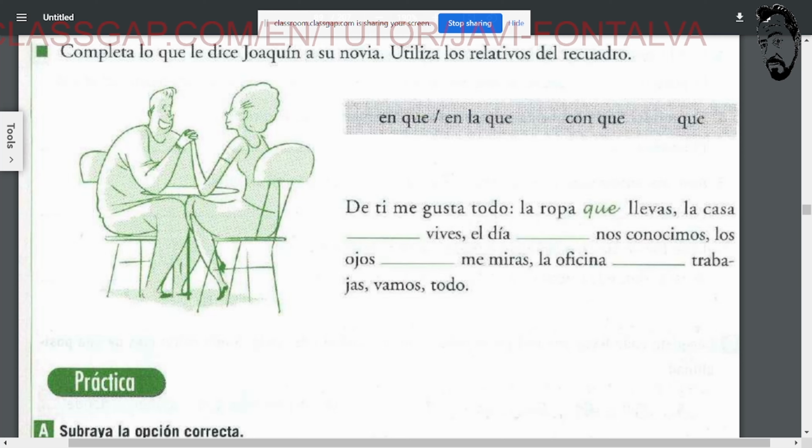Let me explain this. Vamos means, in other words, todo, everything. So he likes everything about her. This vamos is different than voy, vas, va, vamos. It's the same verb, but bear in mind this is an expression. For example, if you go to one of Rafa Nadal's tennis matches, you're going to hear "Vamos, Rafa, vamos!" That means go, go, go.